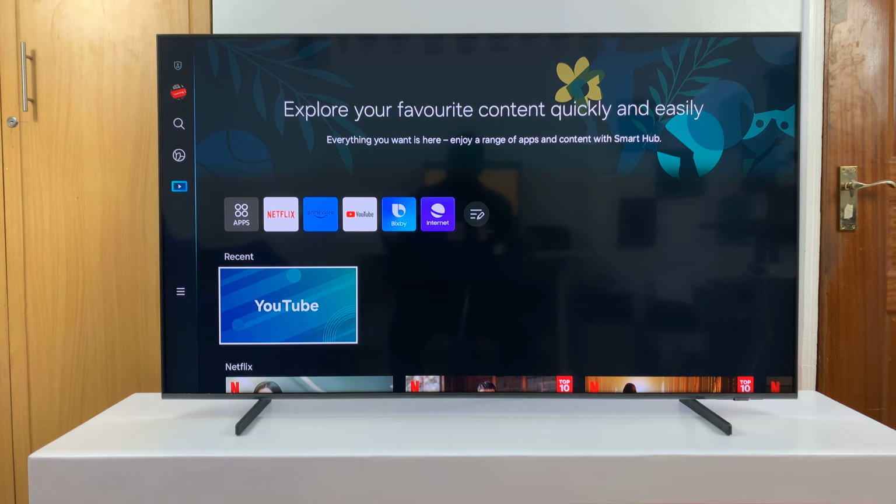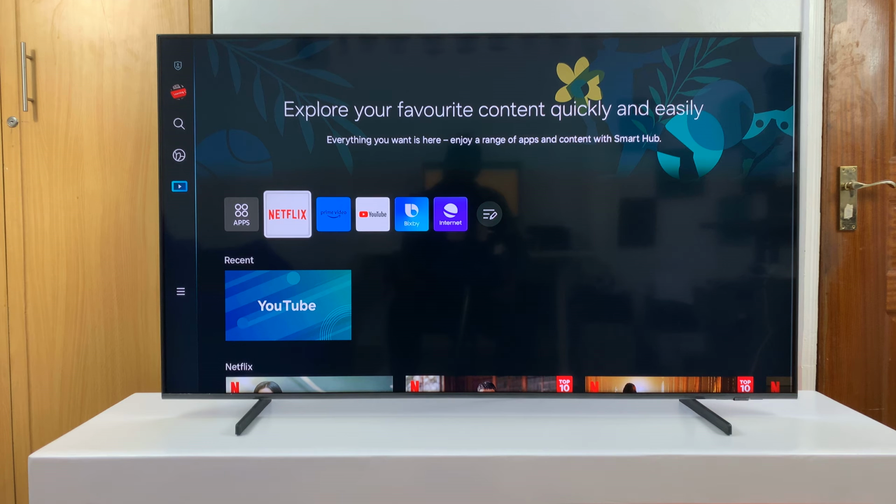So I'll be showing you how to add apps on the home screen of your Samsung Smart TV. So let's say you have an app on your TV, maybe you downloaded it, or maybe it's already available when you bought the TV, but it's not on your home screen. To add it, you want to go to apps,